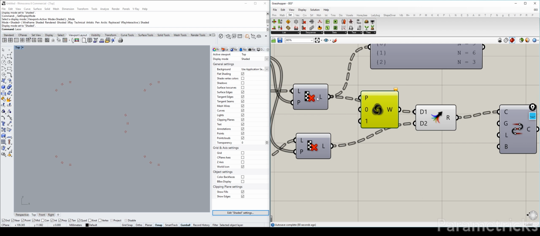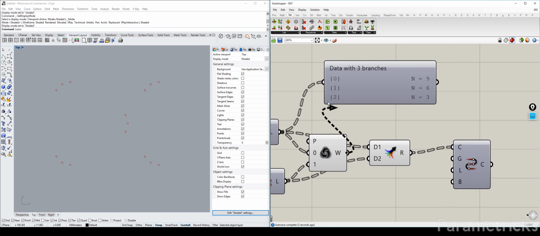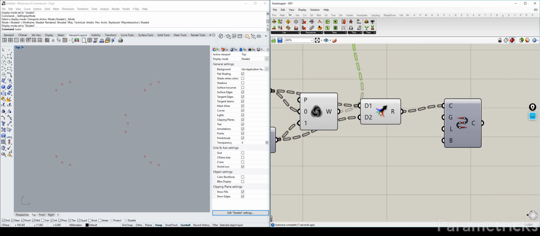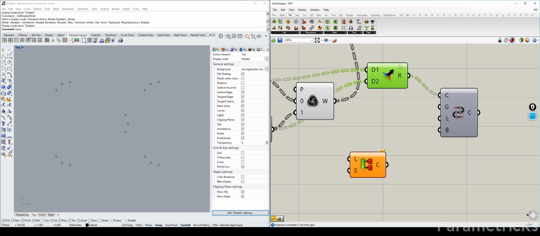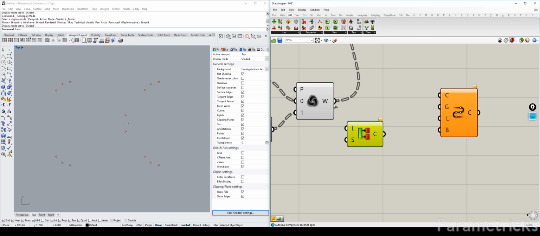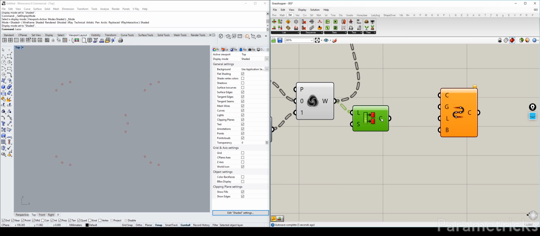But before we do that, let's test how this goes. I want to have 3 still. Okay, that's good. And now, what I want to do is partition the list. I don't need this anymore. Into groups of 2. So I'm going to say S is 2. And now if I connect this,